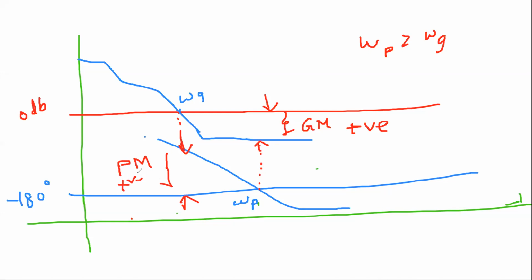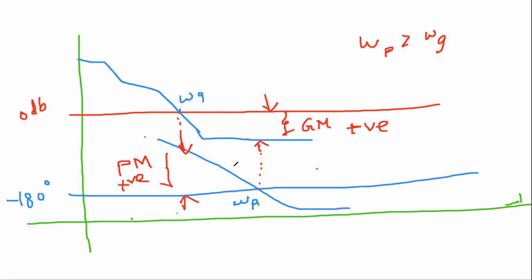To find the phase margin, come down with the omega g wherever it is cutting. From there to 0 dB, you find out it is positive in this case. And for finding the gain margin, come up with omega p and touch the Bode plot. And with respect to 0 dB, whatever is there, that is gain margin, positive. If both are positive, the system is stable. Even if one is negative, the system is unstable. And if omega p is equal to omega g, the system is relatively stable. Okay, so this is the important thing one has to know.